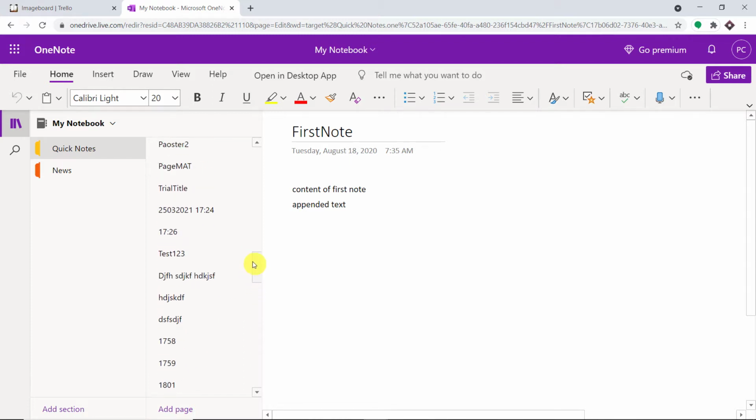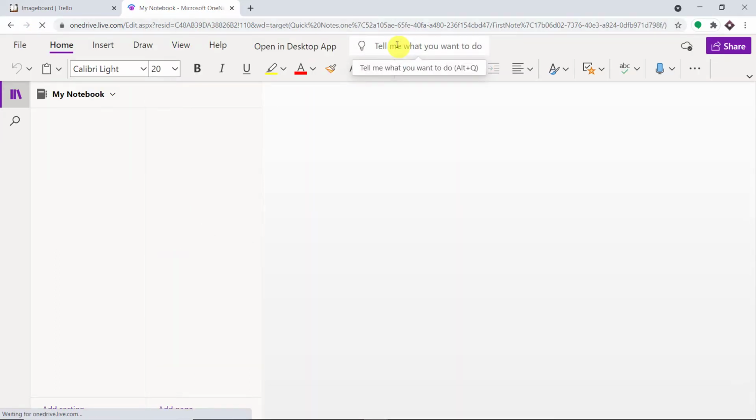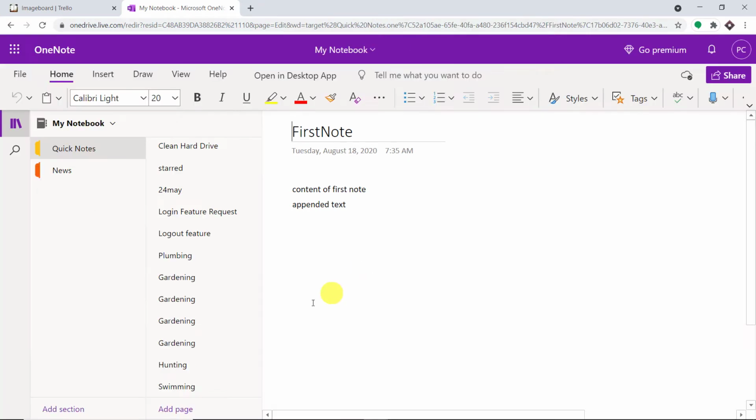So basically what I'm going to do here is I'm just going to pause it for 2 minutes, and meanwhile let me just refresh this. So the data will arrive only after a delay of 2 minutes. Remember this. Okay, so as you can see, after a delay of 2 minutes we have got the data. So this is the note swimming, and this is basically the description and the due date.